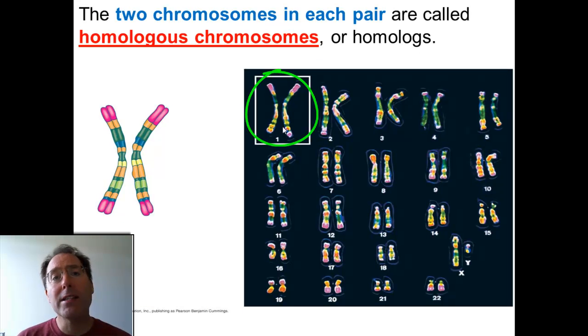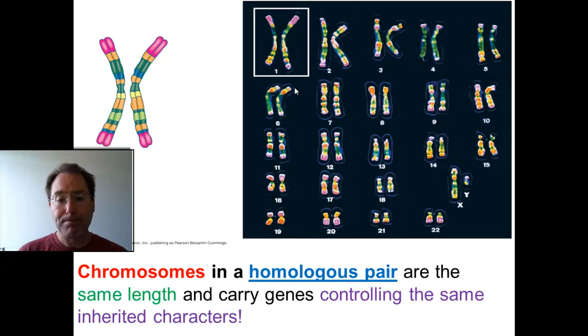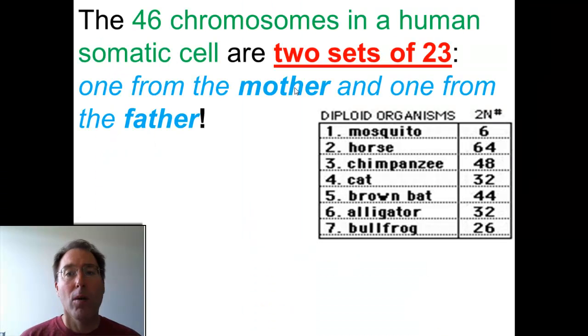The homologous pairs of chromosomes, or homologous chromosomes, are these matched up chromosomes. Like, for instance, in my cells, I'm going to have a chromosome 1 from my mom, chromosome 1 from my dad. Those are called homologous chromosomes. We've already talked about this point. I've already talked about this, 2 sets of 23, and you can see here this is represented